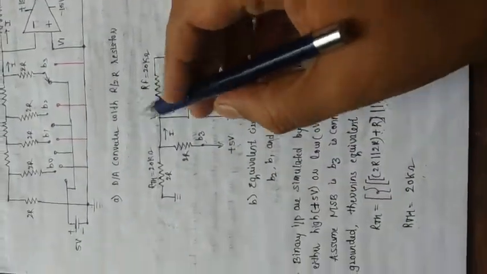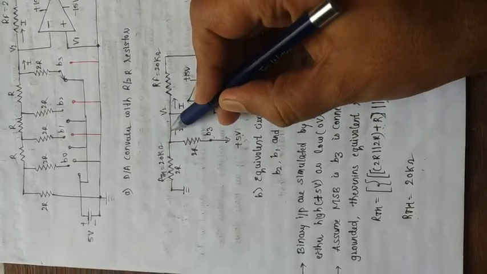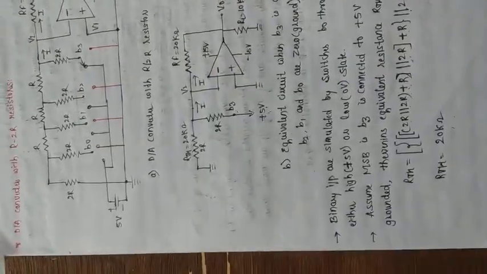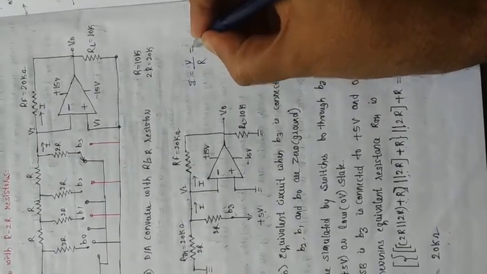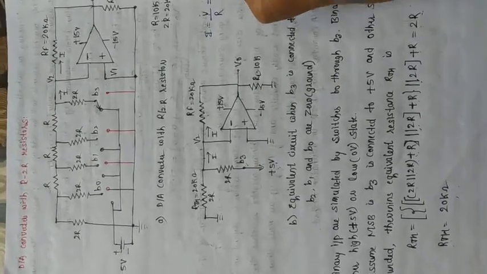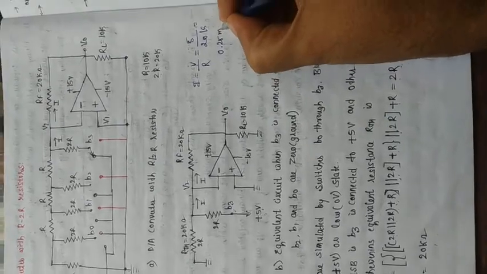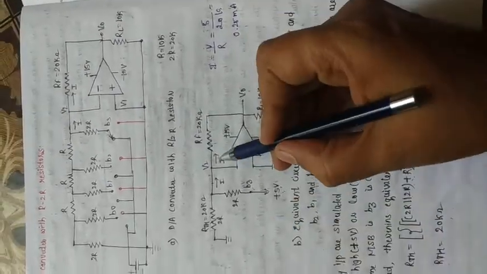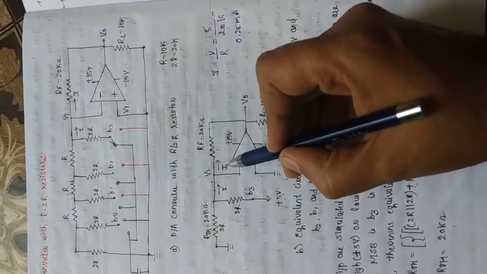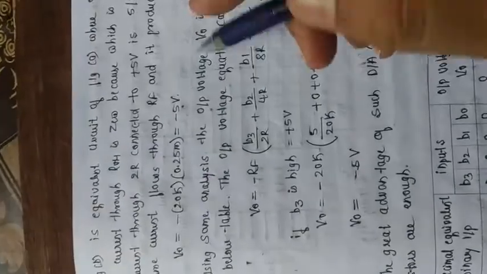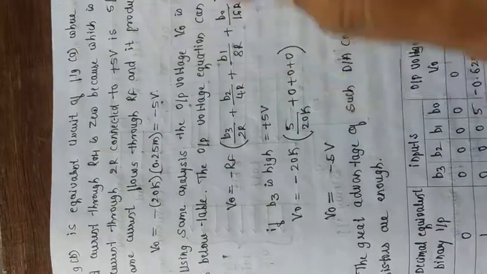Again now the same. Plus 5 volt is there here, and the current across here. So this I is equal to how much can we write? I is equal to, again by Ohm's law, I is equal to V by R. Voltage will be 5 and R we have 20K. So 5 divided by 20K will get 0.25 milliampere. This current will be multiplied with this 20K. So we are getting 20K into 0.25, and we get the answer as 5 volt.